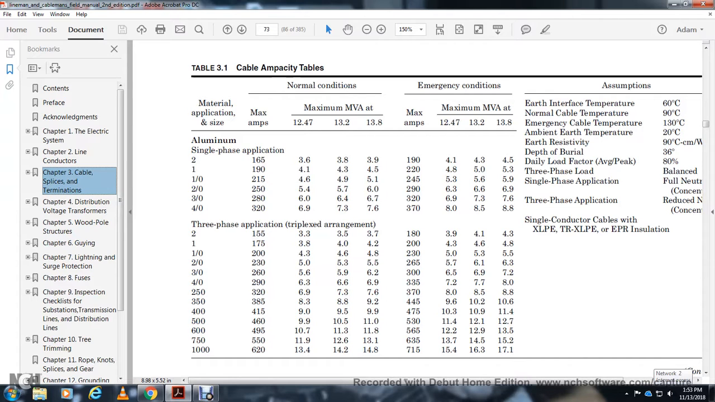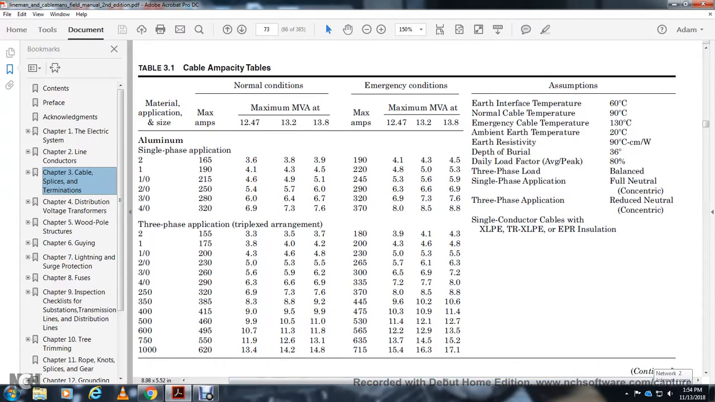Ampacity table: material, application size, aluminum, single phase application, 3-phase application, triplex arrangement, maximum volt amps and maximum amps. Earth interference temperature of 60 degrees, normal cable temperature 90 degrees Celsius, emergency cable temperature 130 degrees Celsius, ambient earth temperature, earth resistivity 90 degrees Celsius centimeter over watt, depth of burial 36 inches, daily load factor 80%, 3-phase load balance, single phase application full neutral concentric, 3-phase application reduced neutral concentric, single conductor cables with XLPE, TRXLPE,